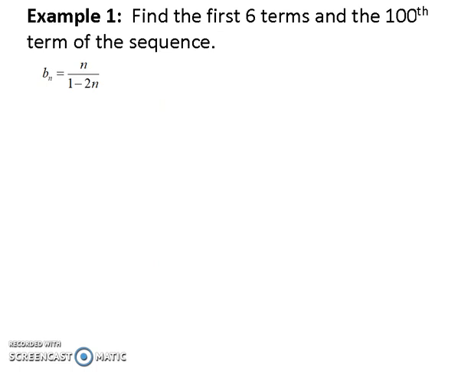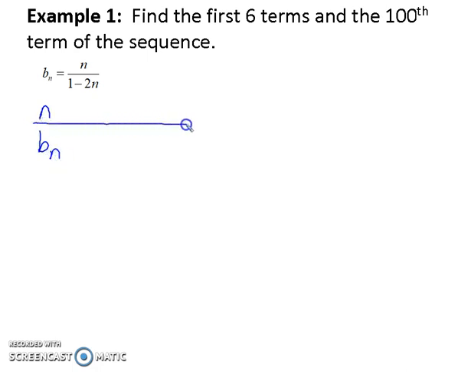All right, so here we are given an explicit function for a sequence b sub n, and they want us to find the first 6 terms as well as the 100th term of the sequence. So that's why explicit is so much better than recursive. With explicit, you could find any term number you want by simply plugging that term number in. So the 100th term, to get it, all I have to do is substitute 100 into my explicit function. To get the first 6 terms,